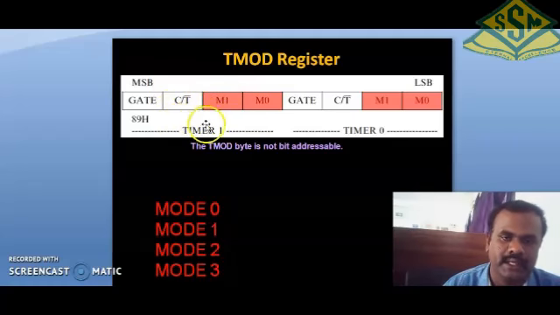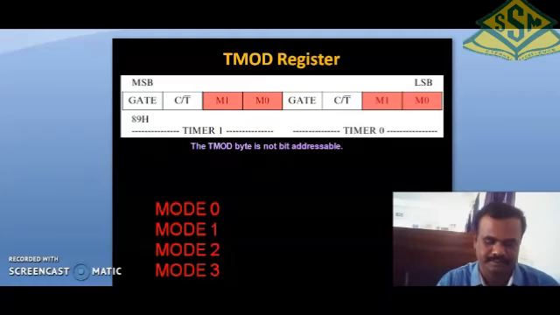So these are linked with timer 1. We are using two types of timers, timer 0 and timer 1, okay. This section is connected to timer 0. The next 4 bits are connected to timer 1. These are the mode selections, with the 0 0, 0 1, 1 0, 1 1 conditions, okay.